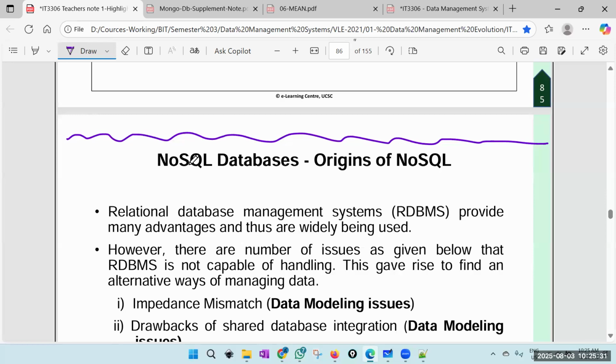Right. Now we can move on to NoSQL databases. NoSQL databases are getting more and more popular these days, especially when we use the MEAN stack. MongoDB is heavily used, which is a NoSQL database. The reason why we are getting more and more NoSQL databases is because